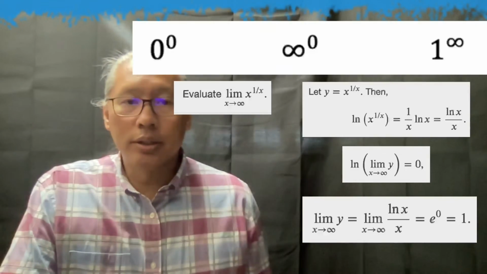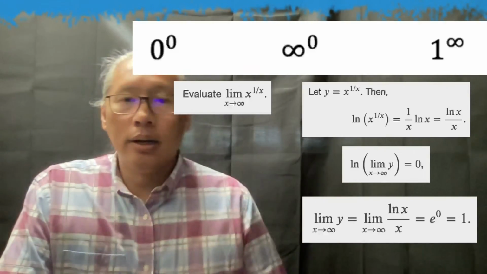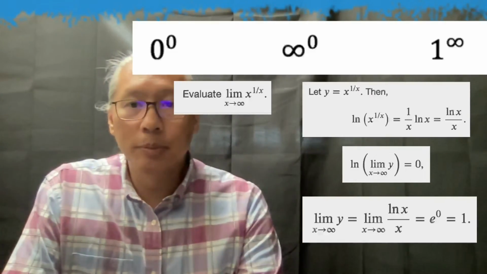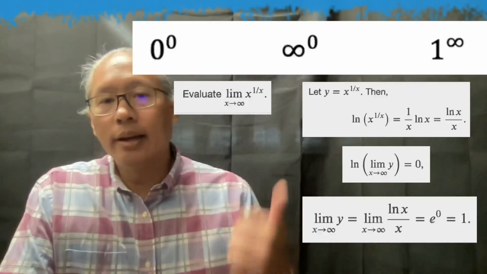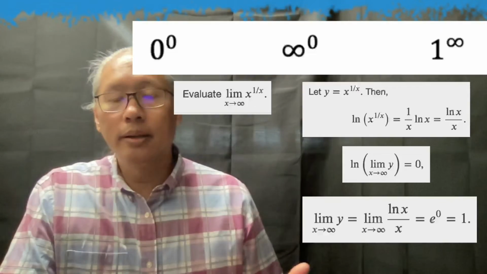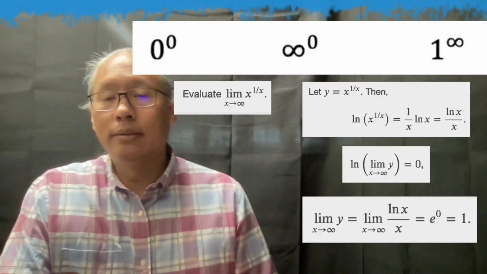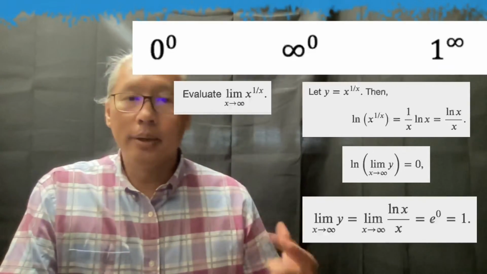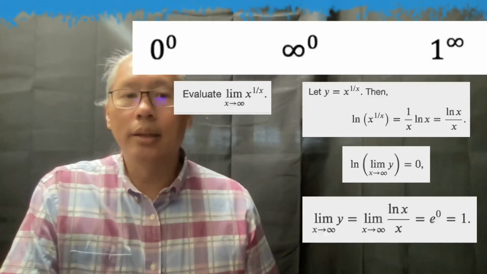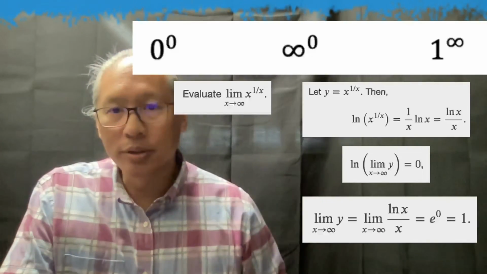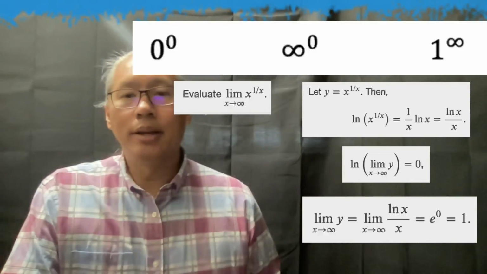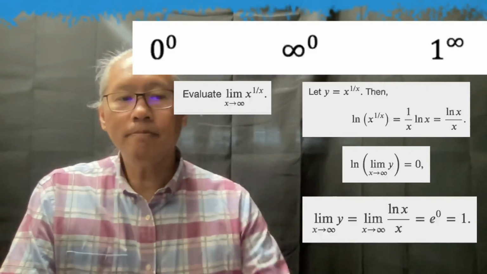Now, this is just a simple example. You can look at a few more examples in the textbook or in the checkpoints, but the idea is just: take the ln, take the limit, and then undo the ln. In taking the limit is when you're probably going to be applying L'Hopital's rule, but remember to take the ln first, and remember to undo the ln by raising it as a power of e. Okay,